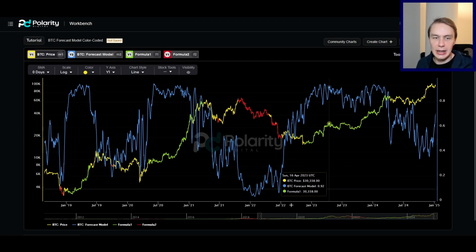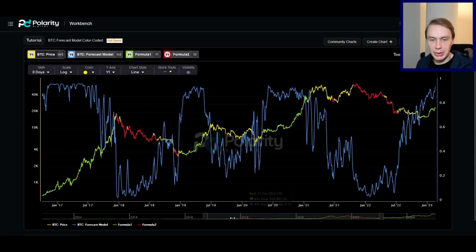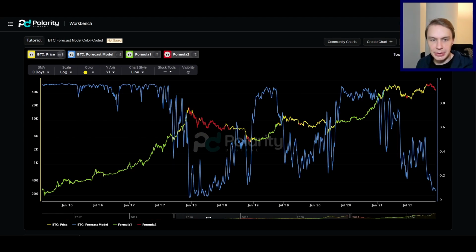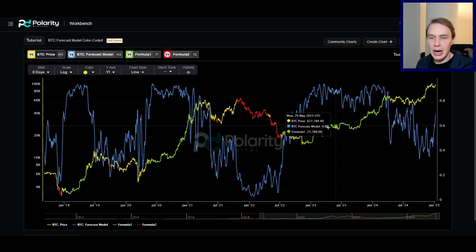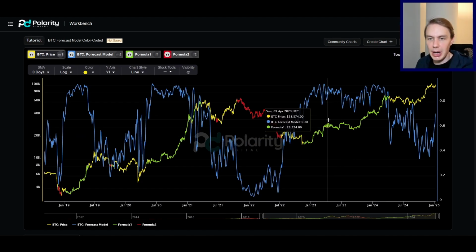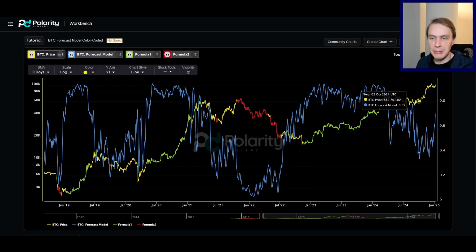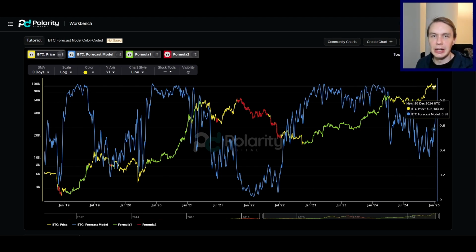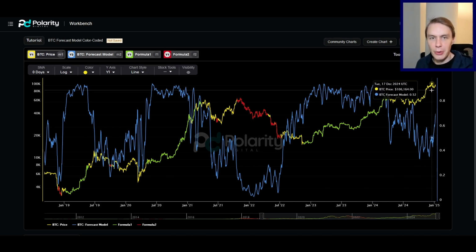Now, again, that's not inherently bearish. If we look back here in 2017, for example, you'll see that I hit the yellow well before we actually hit the cycle top. You can still have a lot of upside down here in the yellow. What it means is that we're not at the early phases of the cycle anymore. It's not just the blindly buy Bitcoin without even thinking about it phase. Now it's more of the thinking phase and the being attentive phase, and the cycle top maybe isn't in yet, but we should be on the lookout for it.